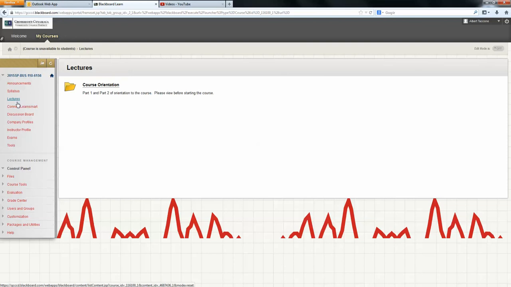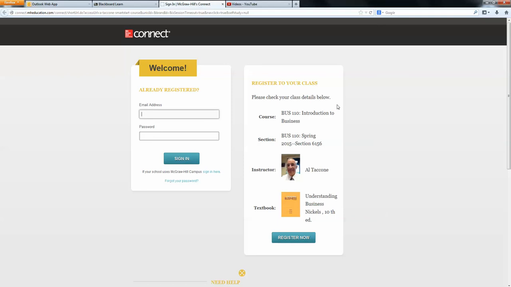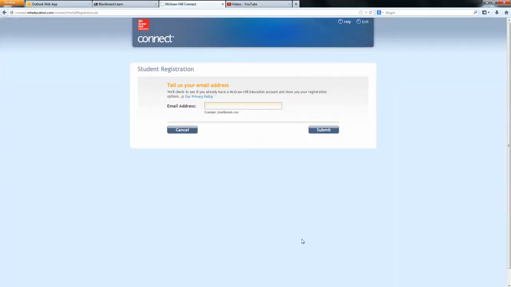Then, moving down the line, Connect LearnSmart, that link will actually allow you to get into the Connect LearnSmart registration page. Once you've already registered, you'll see and log in here with the email address you gave the system and your password. The first time that you try to get into Connect LearnSmart, you'll be registering. And you will click on the Register Now button, fill in your email address, and follow the directions after submitting